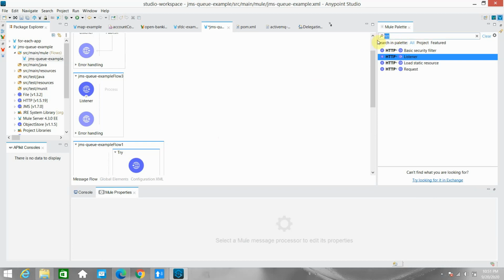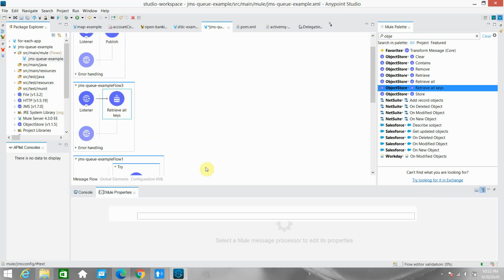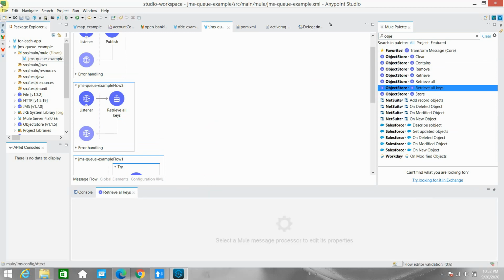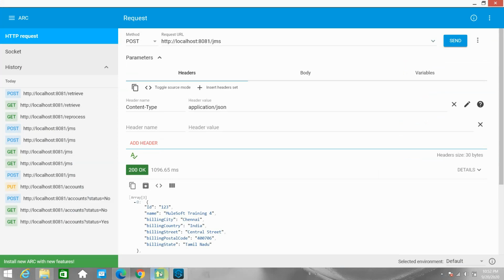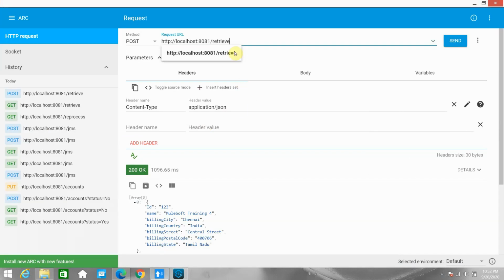Then I can go to object store. First I will retrieve all the keys. For retrieving all the keys, you just point to the object store which you have created. Fine, let me save the application and let's see how many messages are in this. I can say retrieve. Sorry, it's not retrieve, it's reprocess, I think. Yeah,